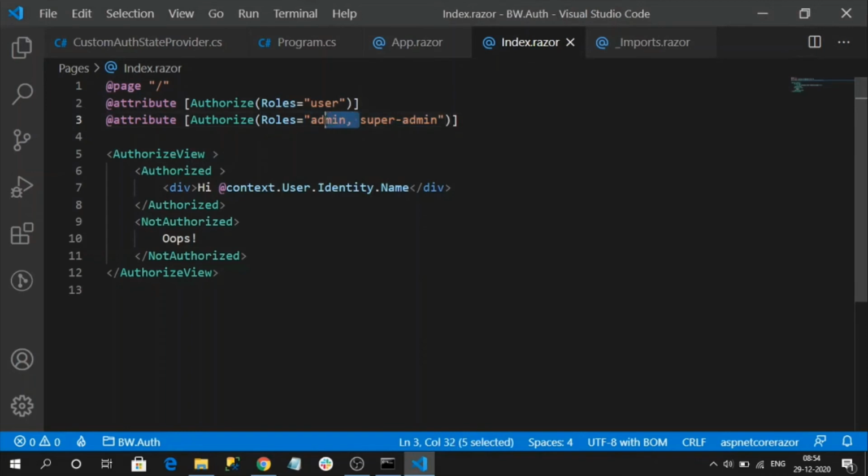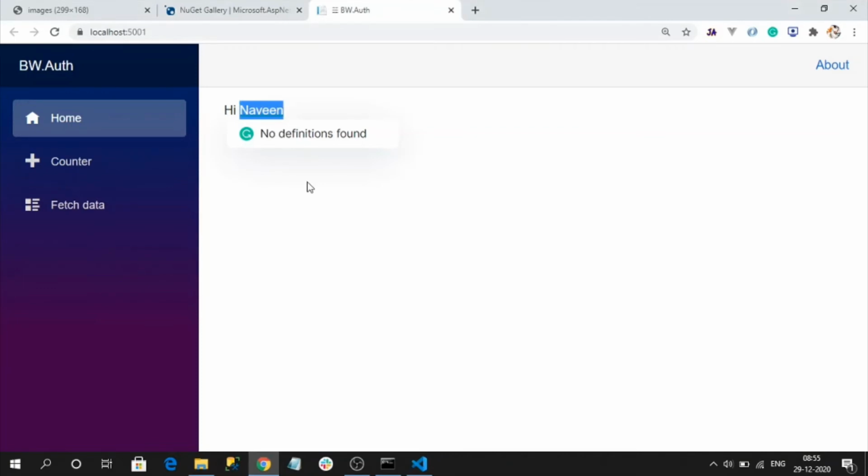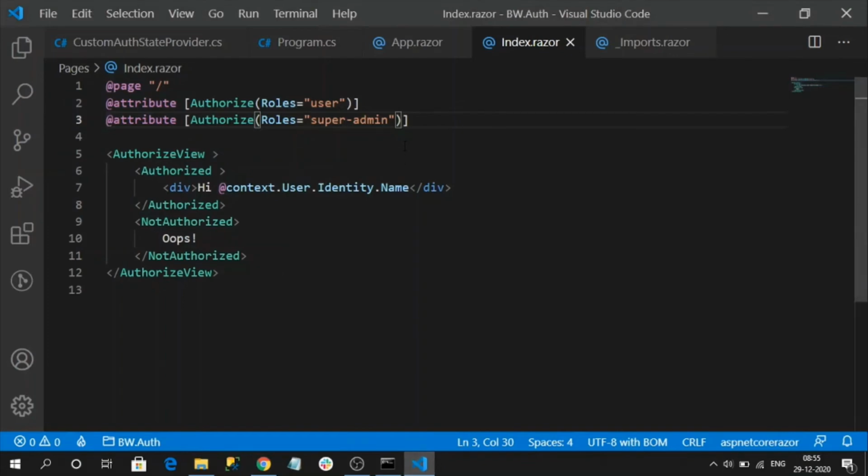If I don't have admin, we have already seen it will throw that you are not authorized user. So let it reload. Not authorized. So this is how the authorized attribute will work for us. And if you want, instead of authorized roles, you can use policies as well.